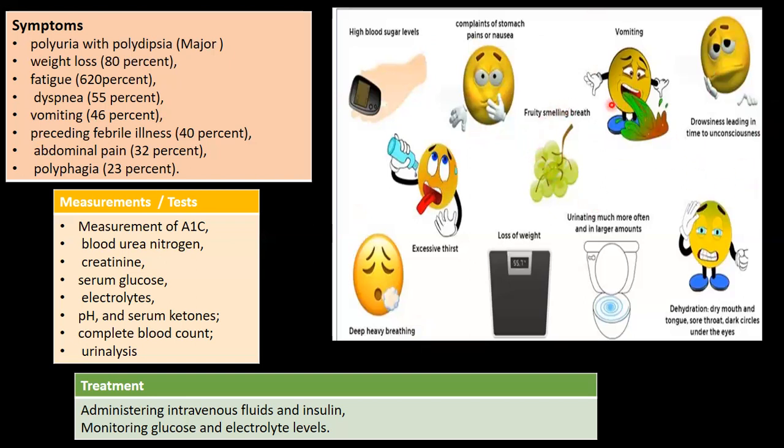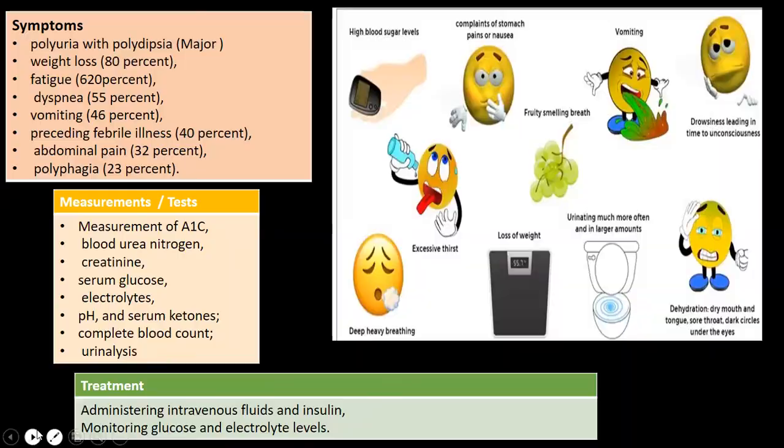And another important condition is that the breath has a fruity smell. Then we come to the measurements or the tests which we prescribe to the patient: measurement of A1C for diabetes, which is very important, the hemoglobin test. Then blood urea nitrogen, creatinine, serum glucose, electrolytes, pH and serum ketones. It is important to know the condition, complete blood count, and urinalysis. The treatment which we give is intravenous injections of insulin and fluids, and monitoring our electrolytes and glucose level